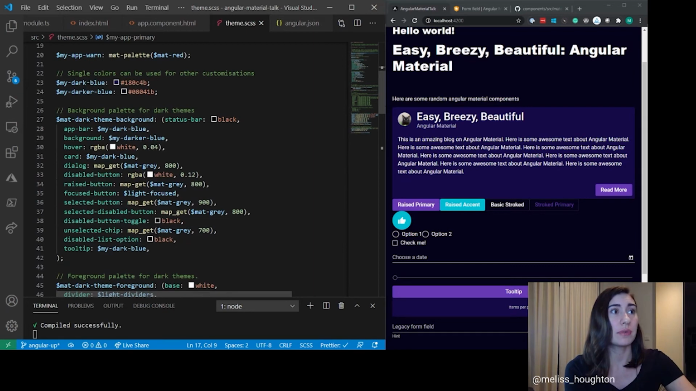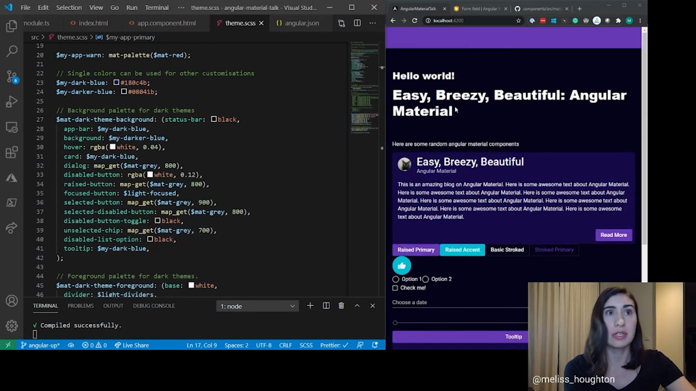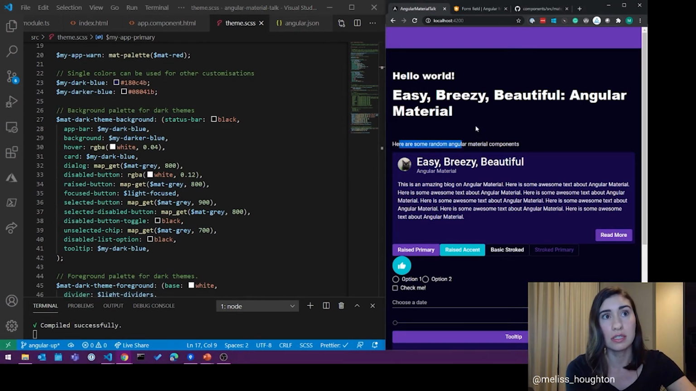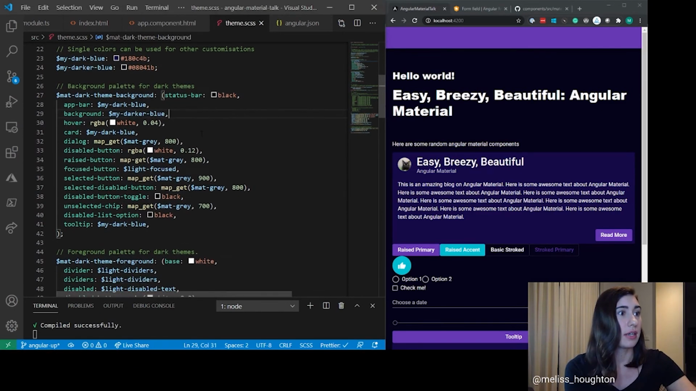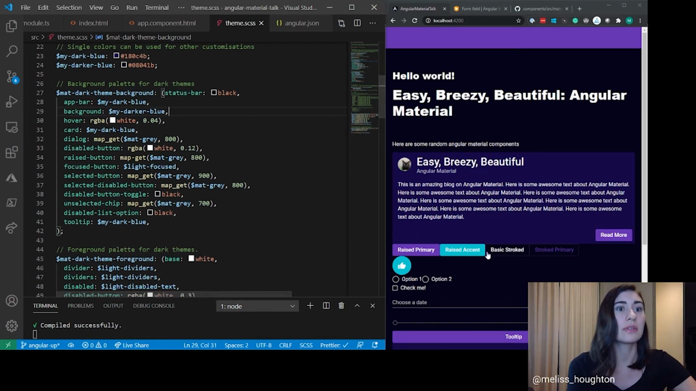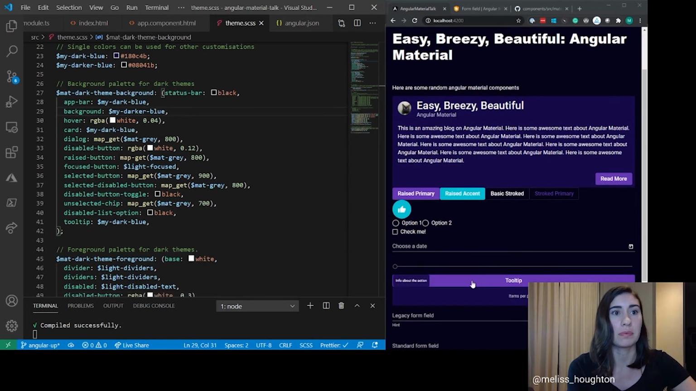So first we have the mat-theme-background. Here my theme is now loaded, and my overall background you can see is this sort of darker blue color, and I'm setting that here. And then you can even change things here. This is for all different kinds of components. So the card, I set it to a different shade of blue, and we can see that's a different shade of blue here. At the moment our tooltip, when we hover over, is this dark blue,